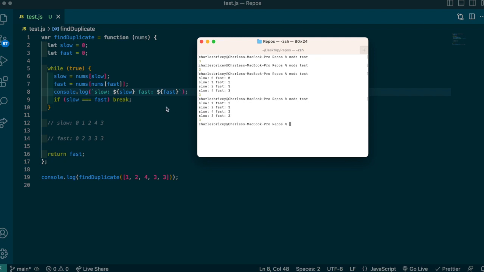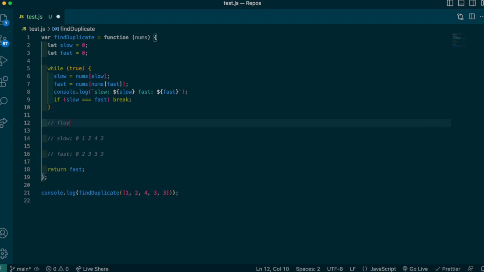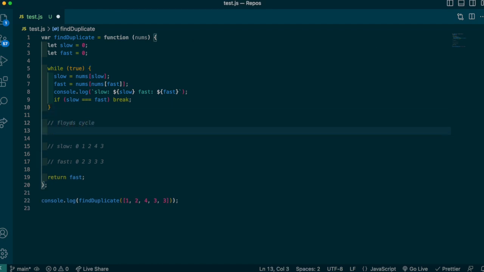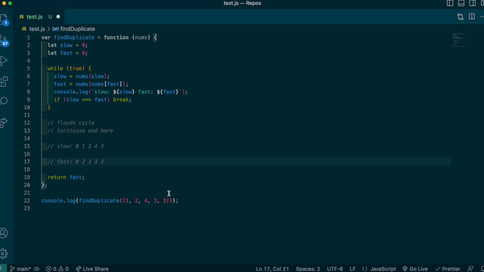So what's happened here is we've actually created a cycle or a loop. This problem is called Floyd's cycle, or it's called like the tortoise and hare. I don't know if that's how you spell tortoise, but it's a known problem where you end up having a loop, and these values will keep looping forever on each other because there's the pigeonhole problem,